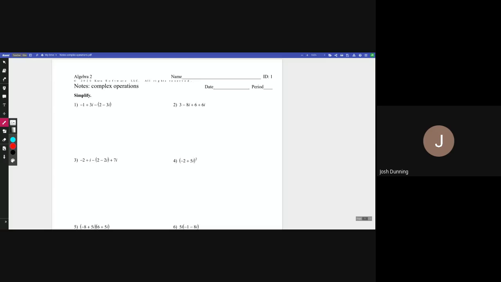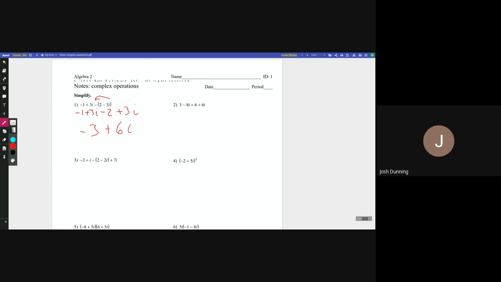All right, so when we do operations with complex numbers, the good news is that this works just like basic algebra with x's. It's basically just combining the like terms. So number one, simplify. Well, I do have to distribute this negative here. So negative 1 plus 3i minus 2. Double negative makes that plus 3i. Just like with x's, we'll combine the negative 1 with the negative 2. That'll be negative 3. And then 3i plus 3i,